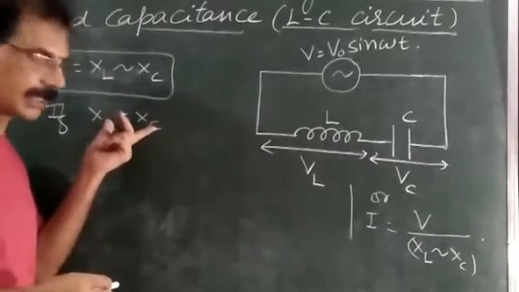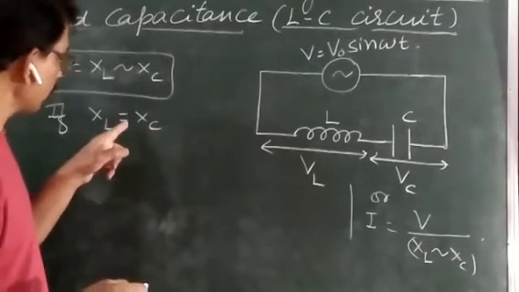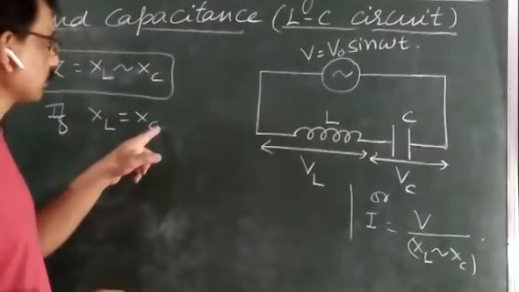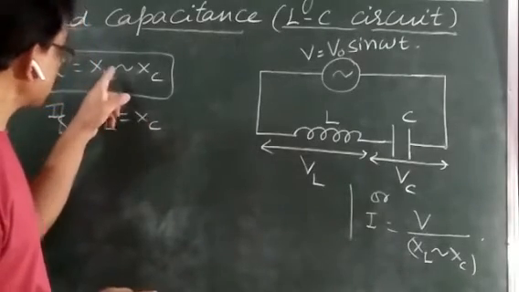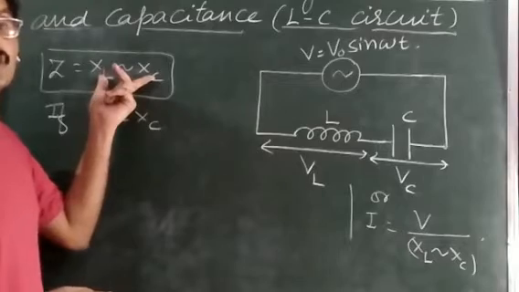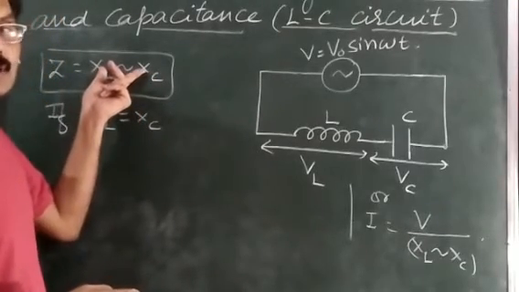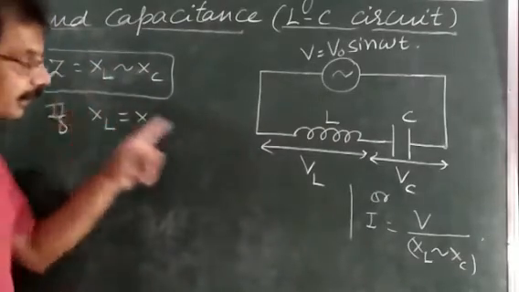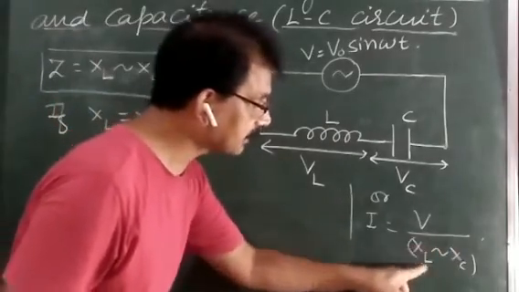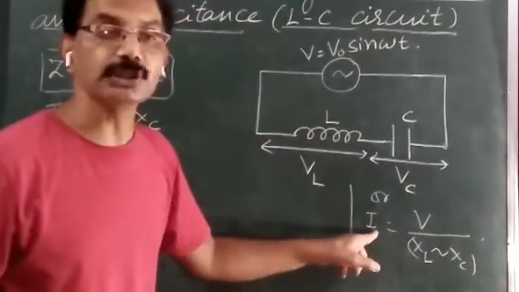इसको बहुत ध्यान से देखिएगा. If XL is equal to XC, it means if inductive reactance is equal to the capacitive reactance, then in this case XL minus XC becomes 0. अगर ये दोनों बराबर होगा, इनकी वैल्यू कितनी आ जाएगी? 0. इसका मतलब Z की वैल्यू क्या आ जाएगी? 0. It means here XL minus XC means Z becomes 0, or this quantity becomes 0, then this current becomes